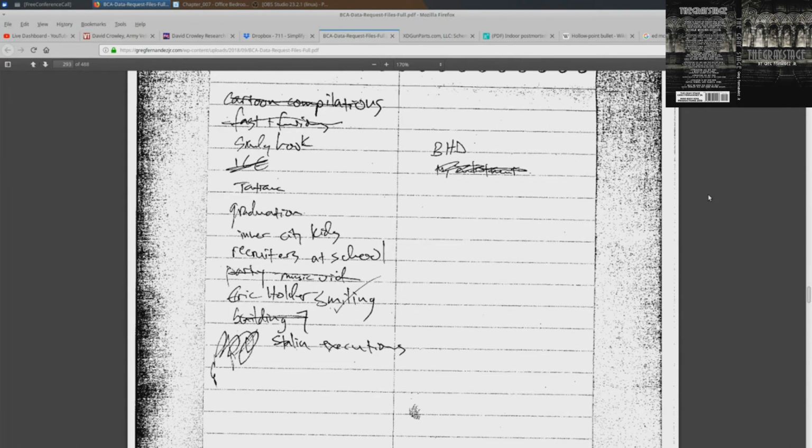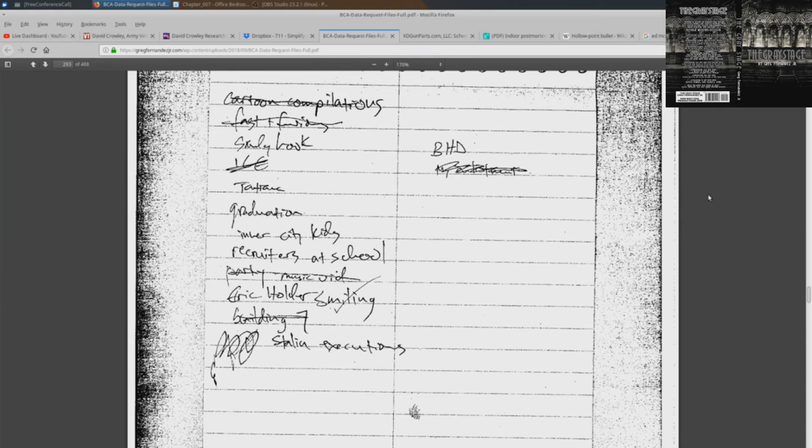Underneath that is my enlistment, and that's scribbled out. And I was wondering, is there a difference between things that are crossed out and things that are scribbled out? And then, to make it even more confusing, next to Eric Holder smiling, there's a check mark. So I'm like, okay, at that point maybe I'm just thinking way too deeply into this stuff.